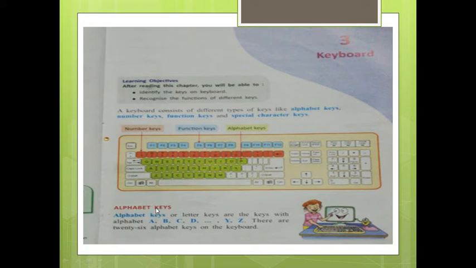So alphabet keys or letter keys are the keys with the alphabet A, B, C till Y and Z. There are 26 alphabet keys on the keyboard. You can count the keyboard, you will get 26 alphabet keys, because in ABCD from the nursery you know how many letters are in ABCD? 26. Okay, dear all.